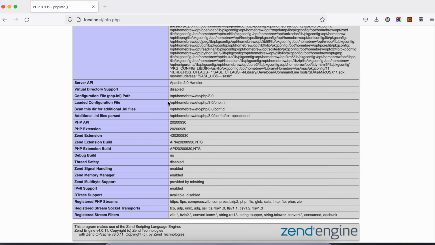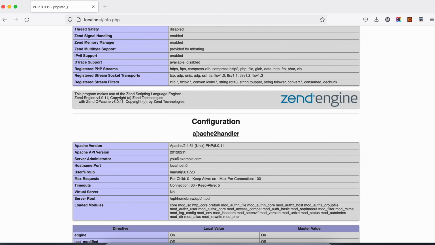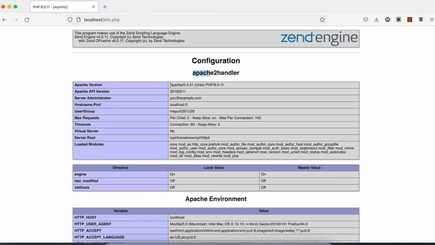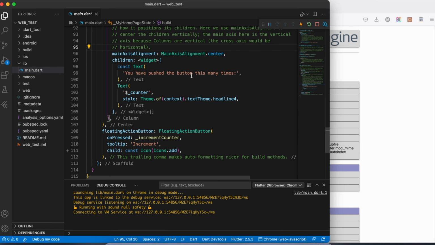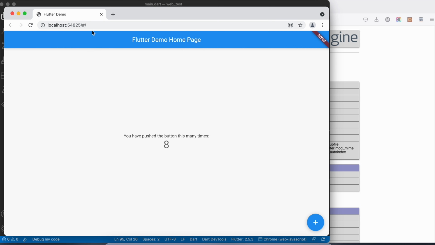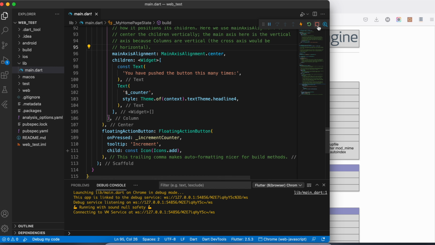Here you can see the version of the Apache that is installed. So I have this Apache web server on my localhost, and we are going to run our Flutter application over here from the Apache web server, right? So I'm going to stop all the currently running processes.